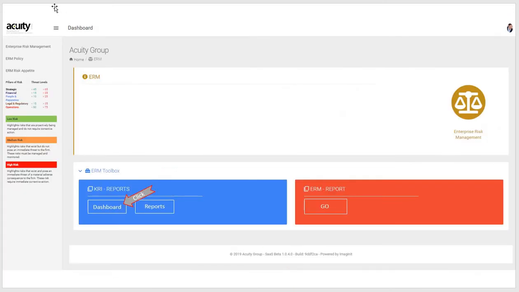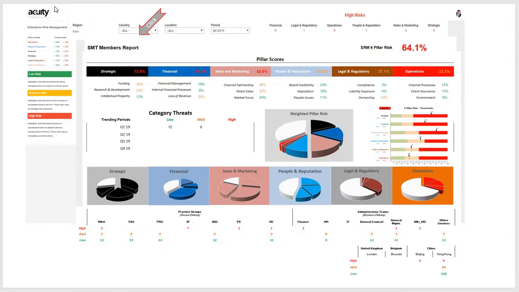Now the ERM immediately gives you the ability to look at reports, both at the ERM level and also the key risk indicators. Let's look at the key risk indicators. Here you can select by country, location and period to see very quickly the risks that are in that particular filtered environment. Here we're showing 6 pillars of risk, and under each of those pillars we're looking at the threats and therefore the risks that are being carried as a result of the risk appetites that have been set for